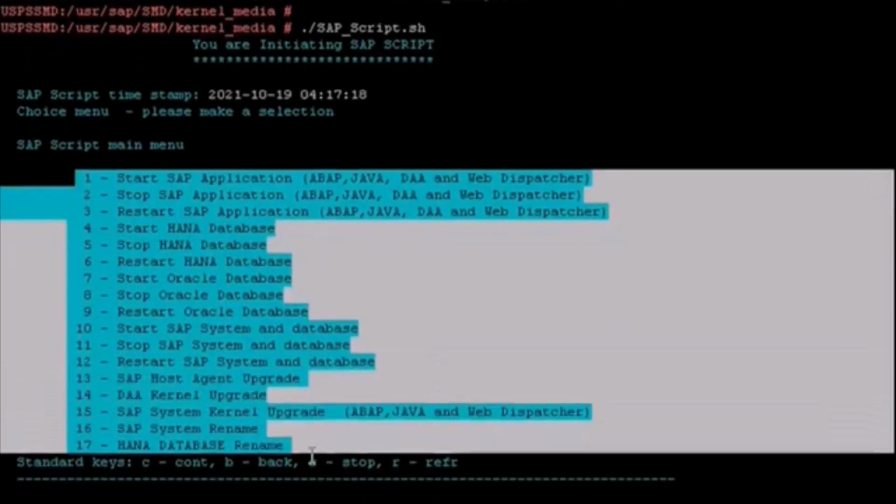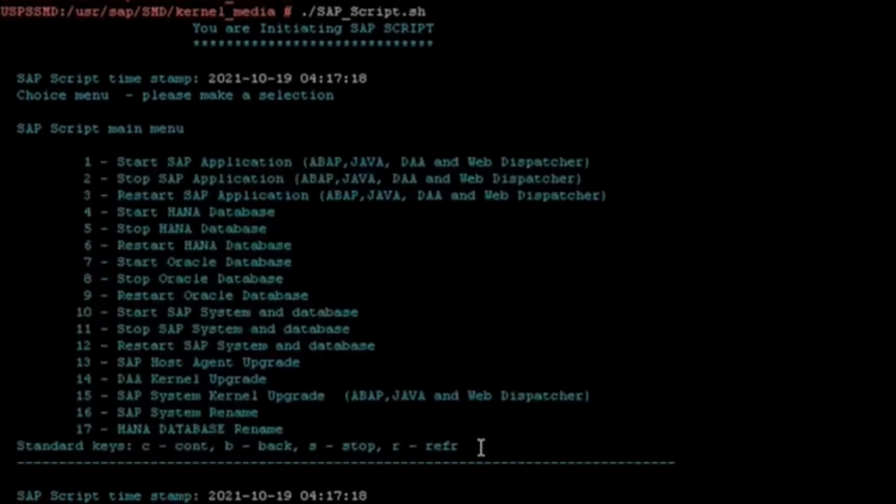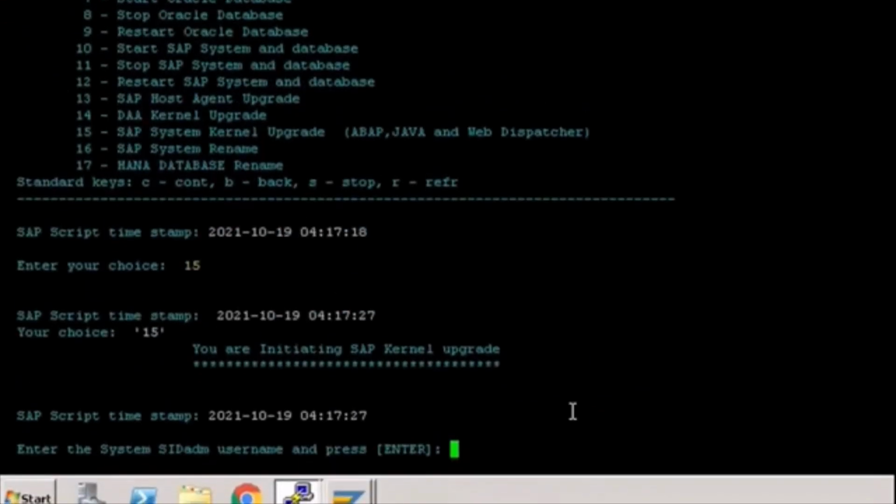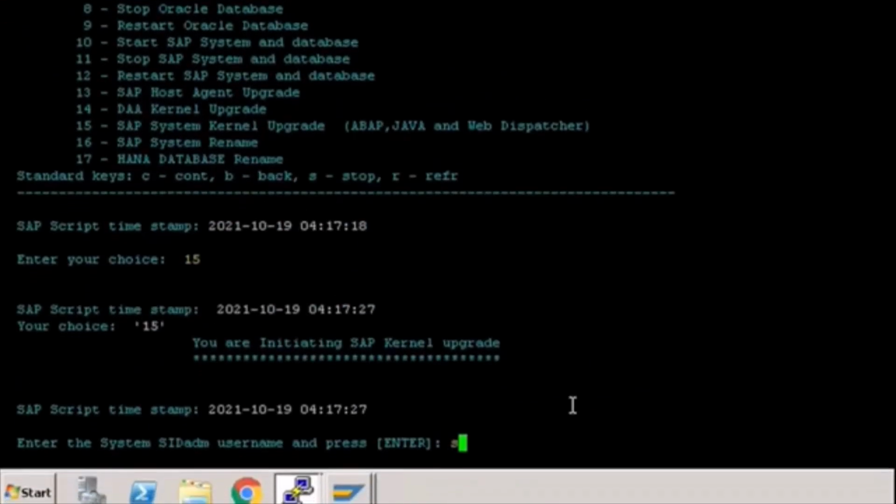Here you can see the kernel upgrade option is 15 and SID ADM as SMD ADM.